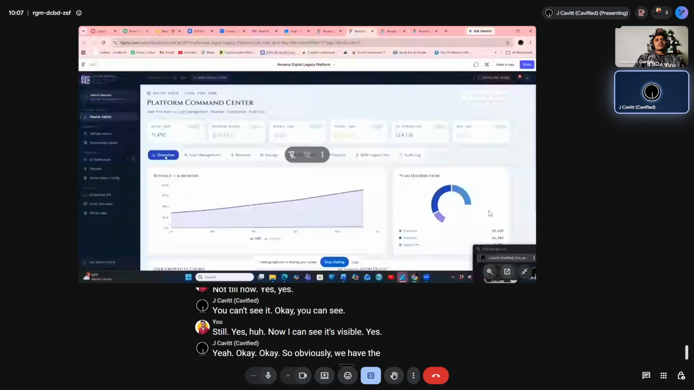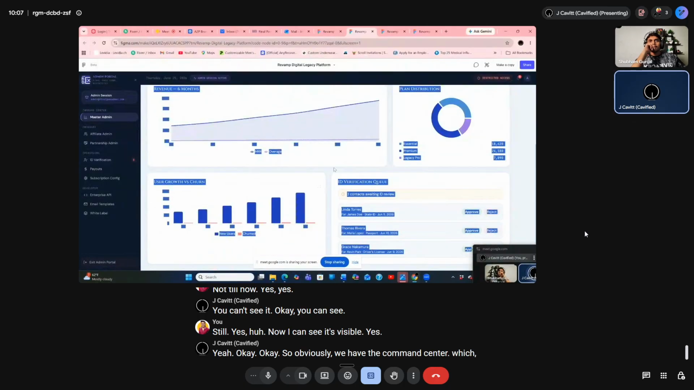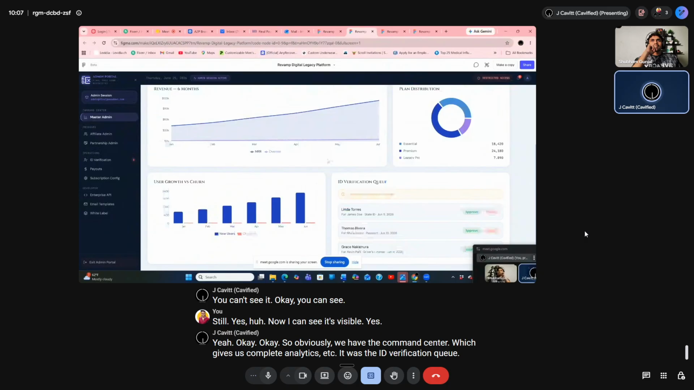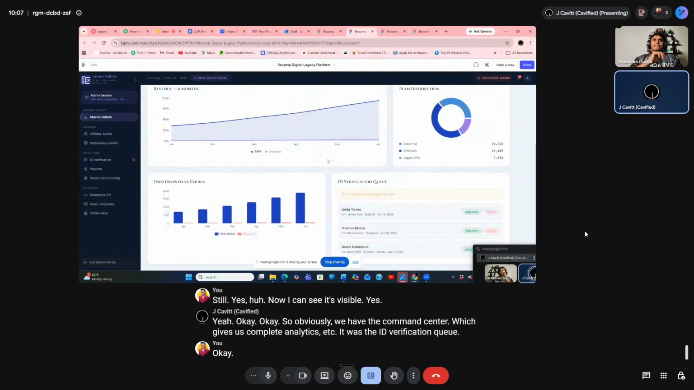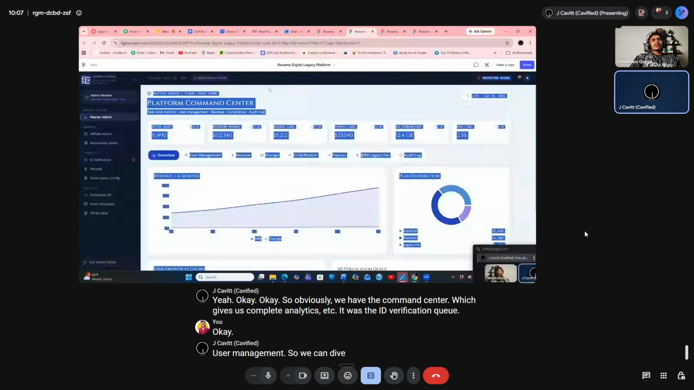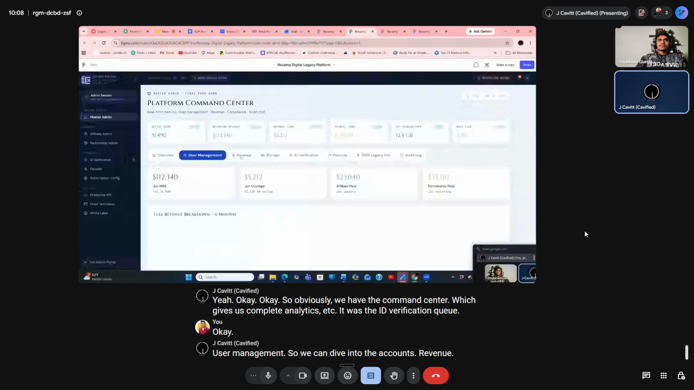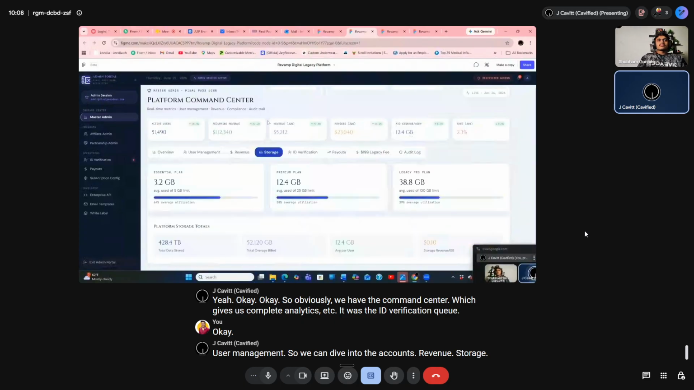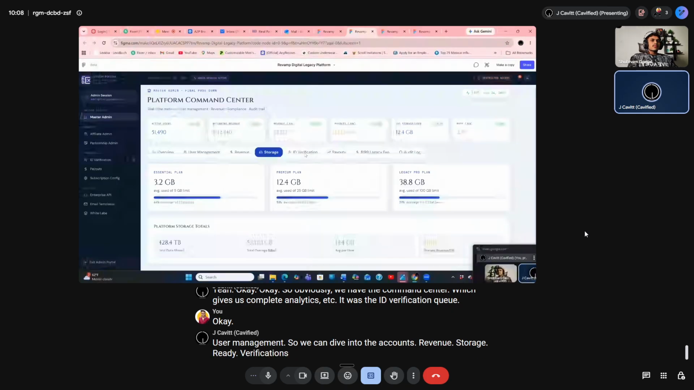So obviously we have the command center, which gives us complete analytics, etc. It gives us the ID verification queue. Okay. User management, so we can dive into the accounts, revenue, storage, ID verifications,